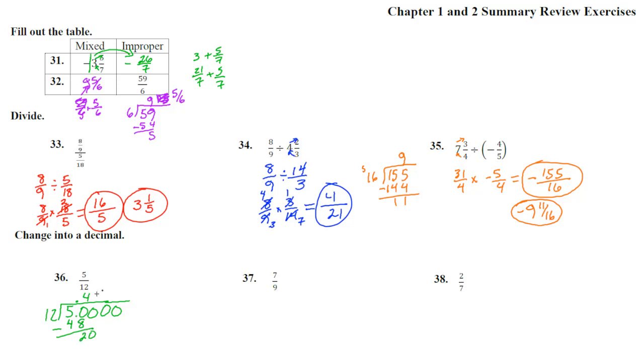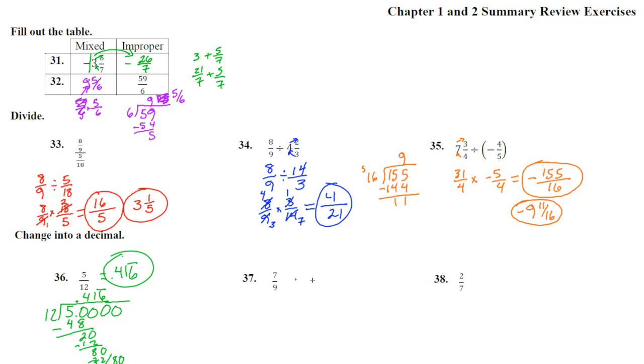12 goes into 20 once. That's 12, and we subtract and we get an 8. Pull that down, we get a 0. 12 goes into 80 6 times. 6 times 12 is 72. Subtract and we get 8. 0, we're going to repeat that over and over. So 0.416666. 0.416 repeater. There we go. Number 37